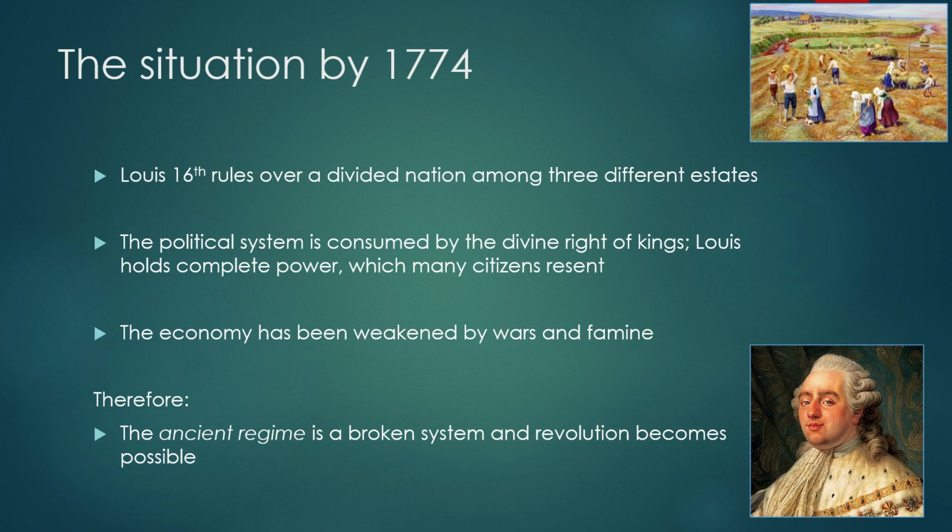It is precisely because of these structural weaknesses in French society that the Ancien Régime is undoubtedly a broken system. Because of this, we now have the precursor, the foundation that allows revolution to become possible. How exactly will revolution occur? What will be the main cause of it? Will it be these long-term factors, or will something short-term really come to the fore and really put pressure on France to change? And if Louis himself can't change it, will the people bring about change themselves? That's what we're going to find out throughout the rest of this module.